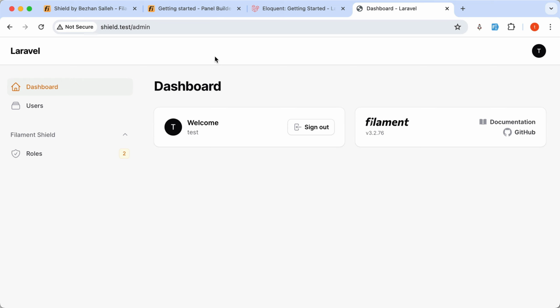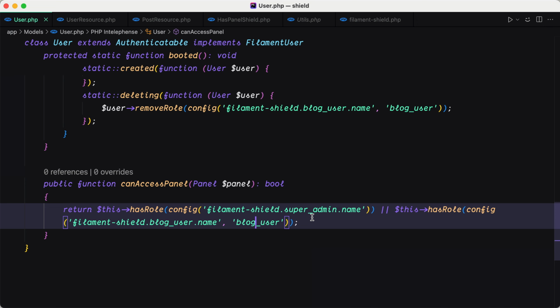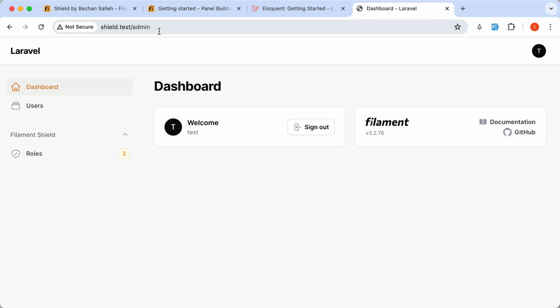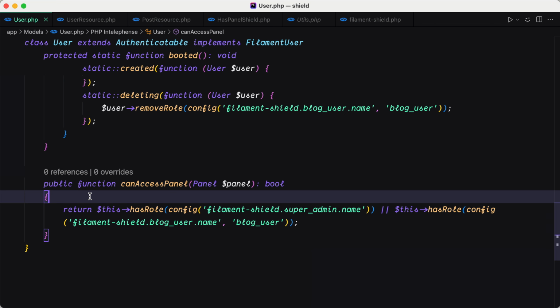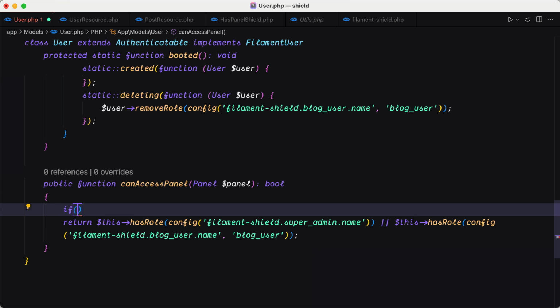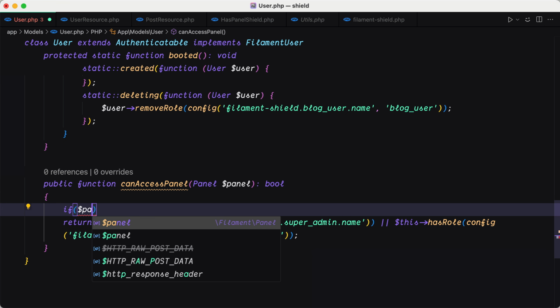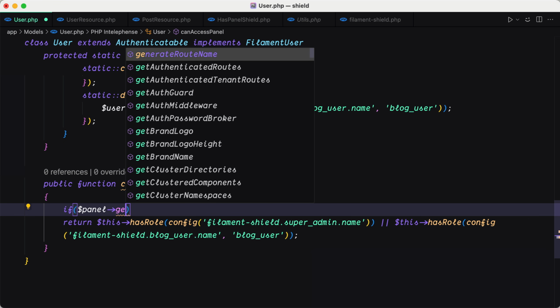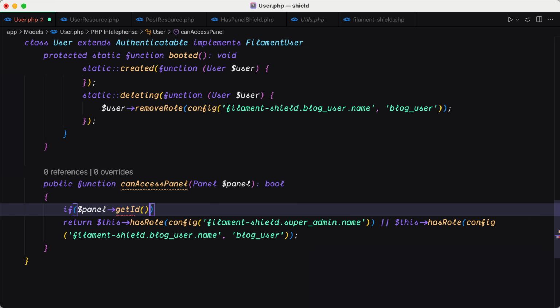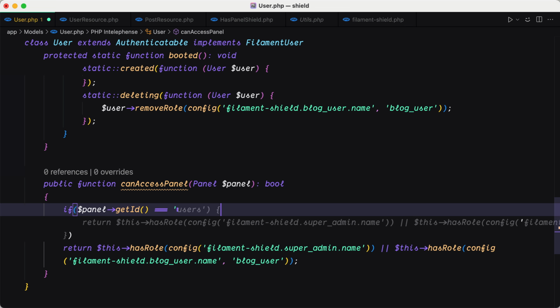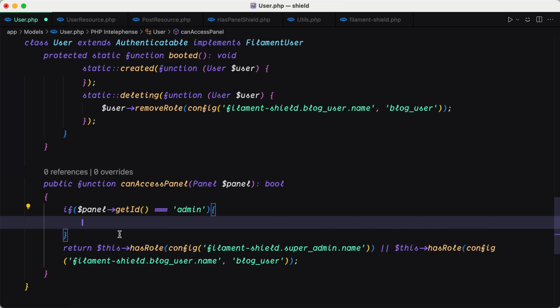I want only the admin user to have access to admin panel, and the user who has this blog user to have access to the blog panel. Okay, how we can do that? We can check here if $panel, and I'm going to say getId, we have this method which is going to return the ID of the panel, and if that is triple equal to admin, then I'm going to return this has a role